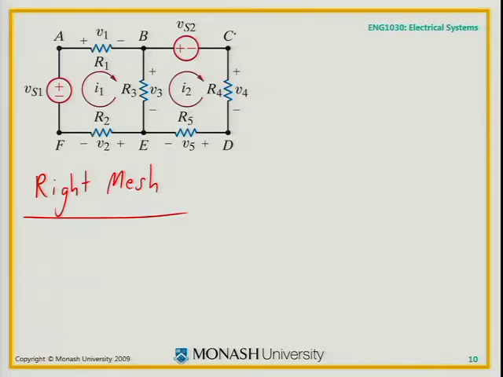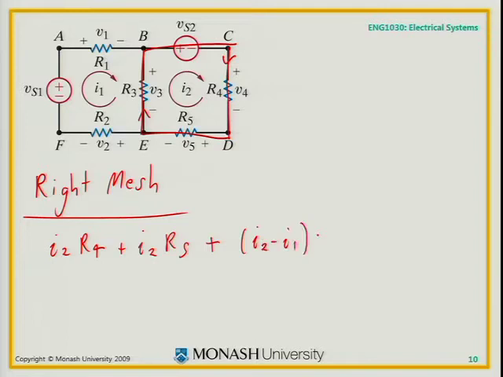Here we go. I'll start at C, and I'll go there, then there, then there, then there, around the loop in that direction. The current through resistor R4 is just I2. So I can start by writing I2 R4. The current through resistor R5 is just I2. So I can again just write I2 R5. What's the current going up through resistor R3? I2 minus I1. So I write that as plus I2 minus I1 times R3,